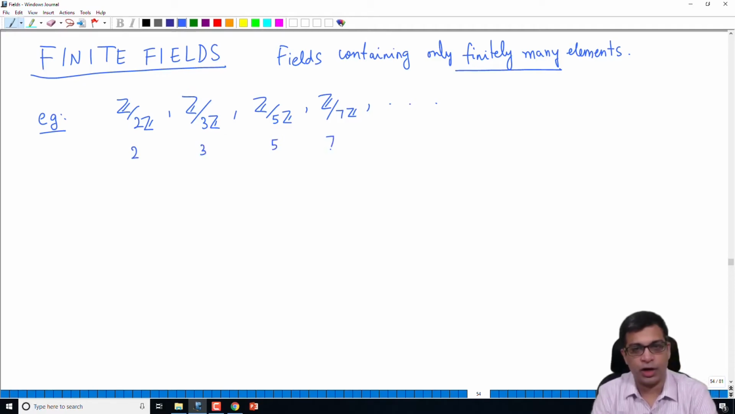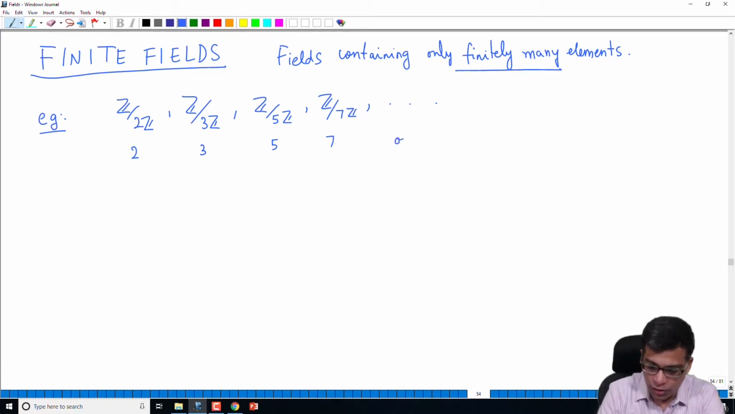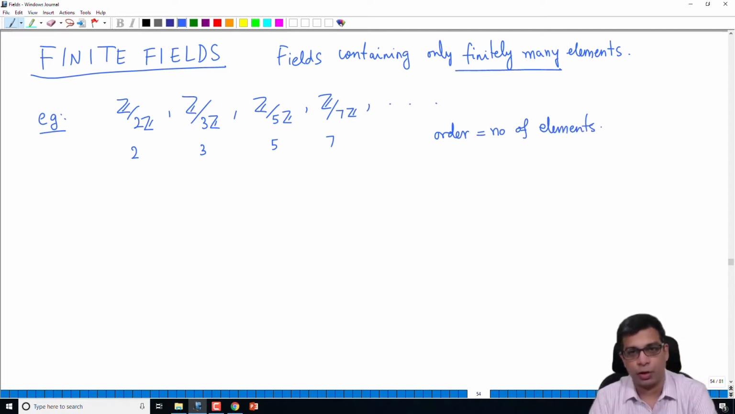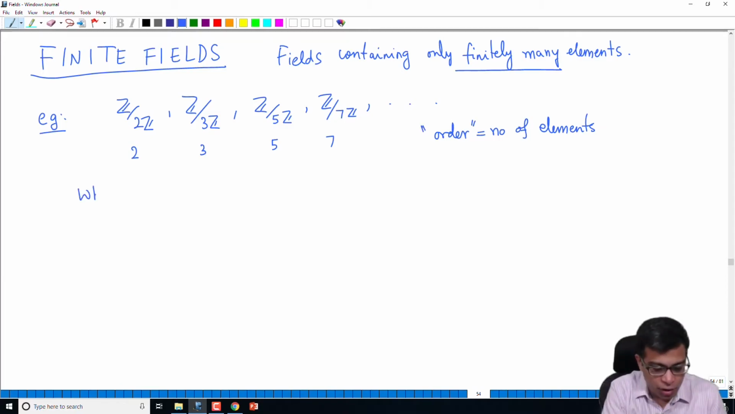In fact, you do not get a field if you take Z mod 4Z. Okay. Similarly, you do not get a field if you take Z mod 6Z and so on. So these are the orders. Order, remember, means number of elements. So remember from group theory, I am going to use that terminology. Now that we are talking about finite fields, the number of elements is a finite number, so we call that order. So the first question I want to address is,